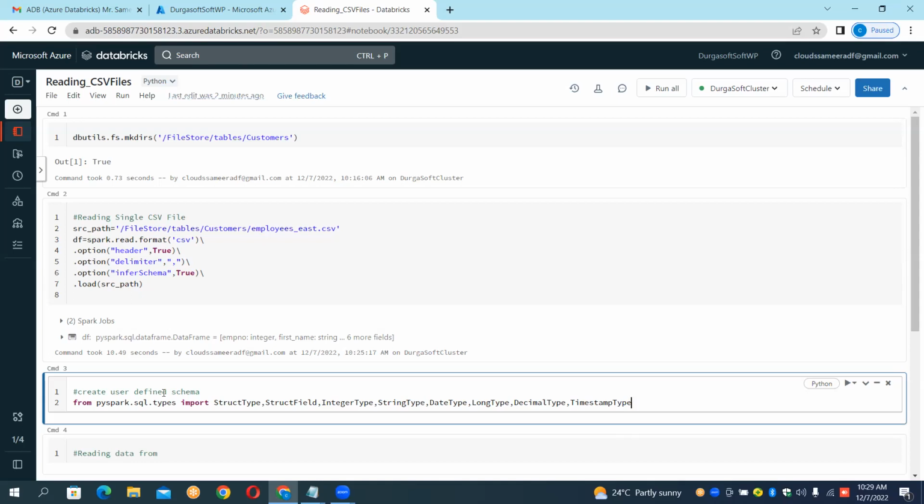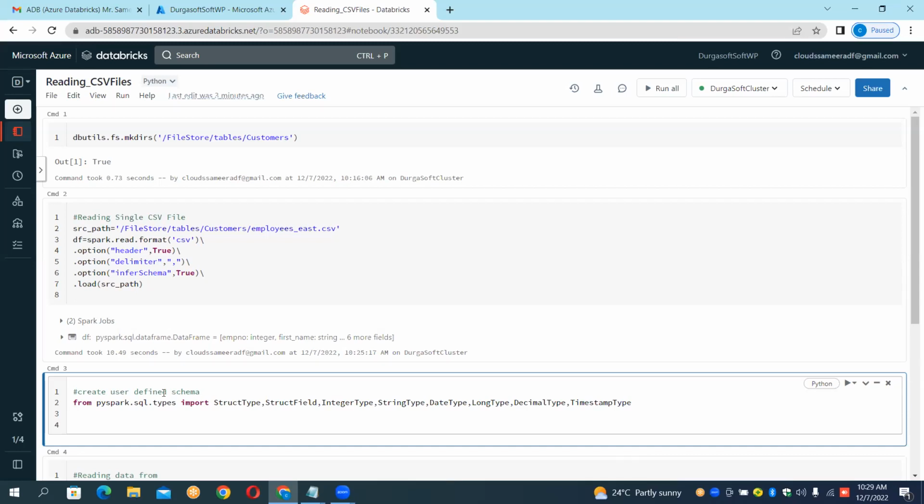Now I can use a variable here. I'm using the schema, so you can use the schema USD, that means user defined schema, is equal to StructType. Guys, I want to use it here. Copy this,